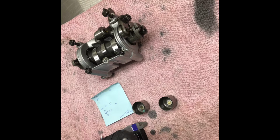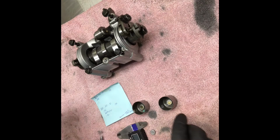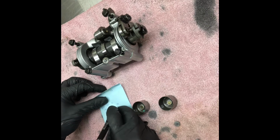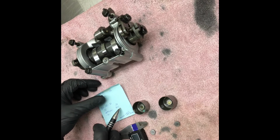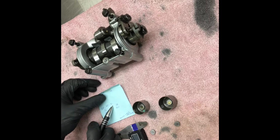Bury him down. And we have a 0.10 shim. Or, I'm sorry, a 2.10. So we're sitting on a 2.10 here on the exhaust. We want a closer gap, so we're going to increase this one. If we go to a 2.15, we're only going to be sitting on a 0.33, which is out of spec. So we're going to do a 2.20, and that should put us at